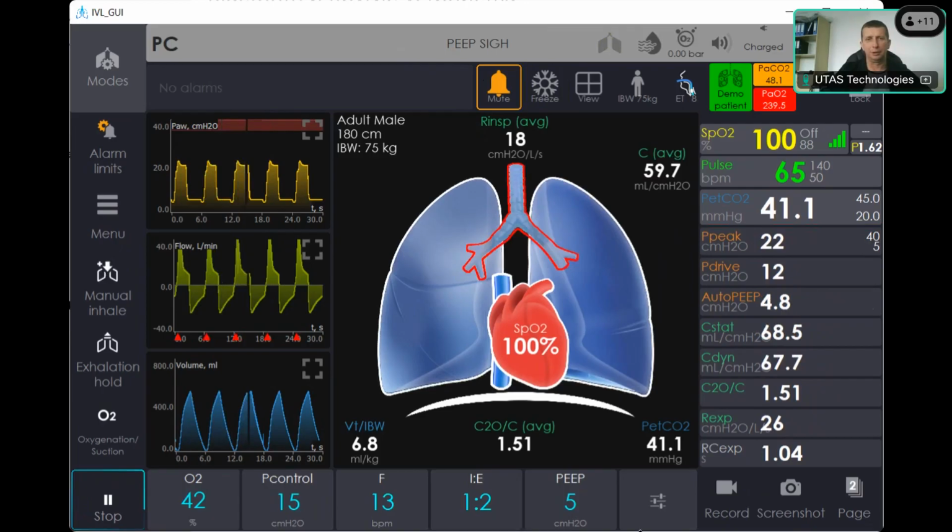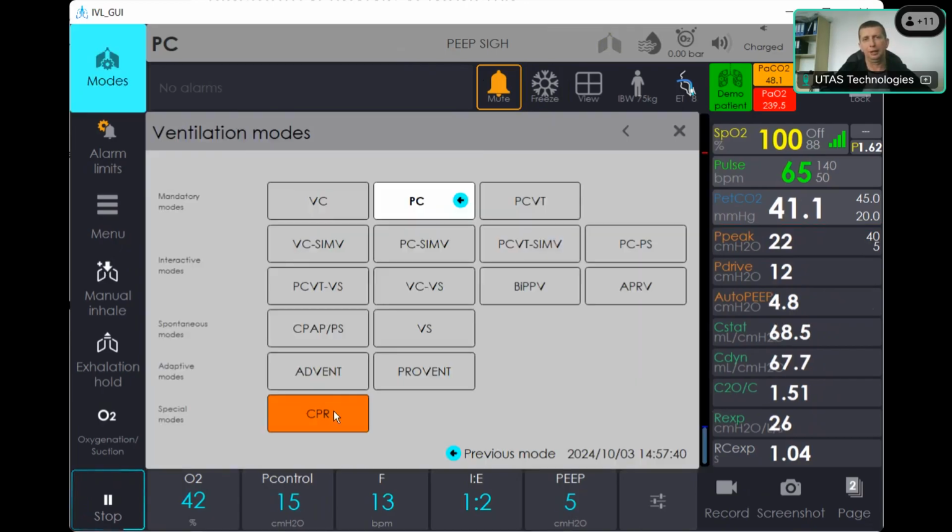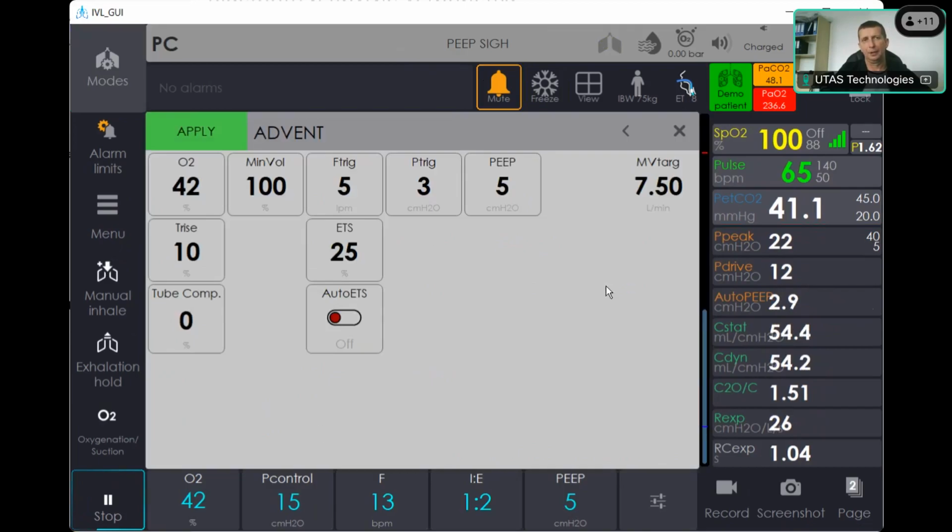which we have in our list, they are Advent and Provent. So Advent is full equal ventilation mode to adaptive support ventilation or adaptive minute ventilation or other ventilation modes. Basically, Hamilton Medical was the pioneer in this closed loop ventilation mode, ASV, adaptive support ventilation. And since their patent for this mode has been expired, all the other manufacturers started to offer this kind of ventilation mode because